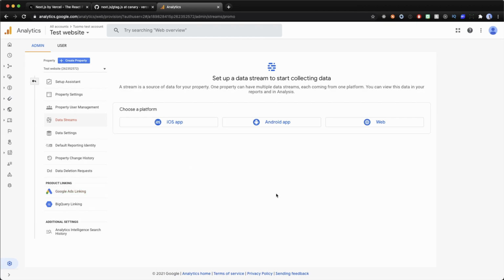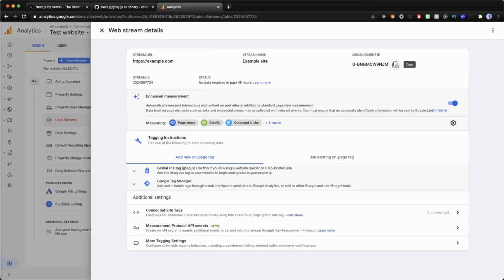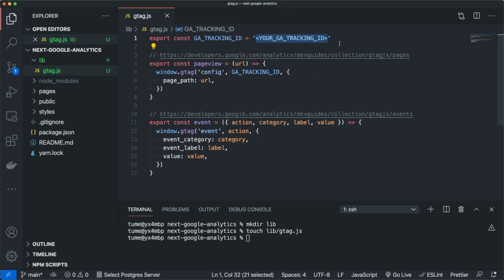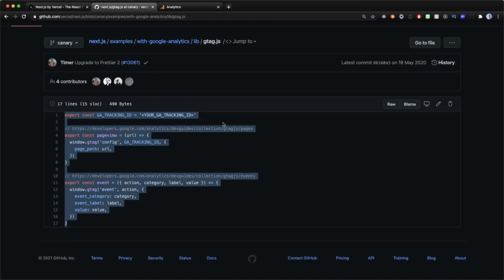Now you should see this view. If you don't, go and find the data streams tab from your settings and click web. And here you can enter your website address and create stream. Now copy this measurement ID you are seeing there and switch back to the Visual Studio Code and paste it here. Now save the file, and next we want to switch back to the example repository